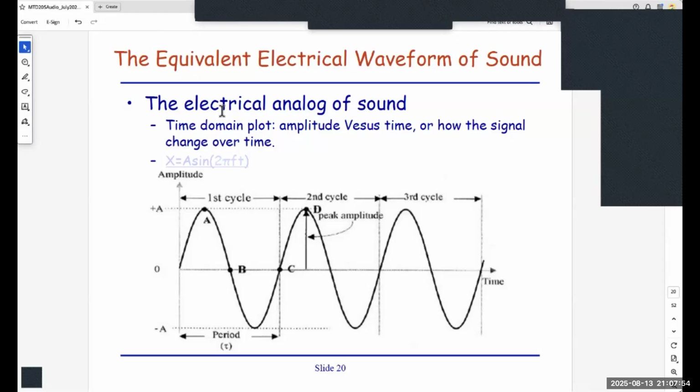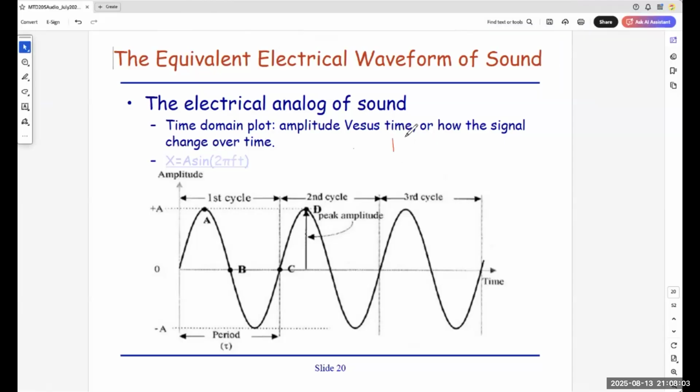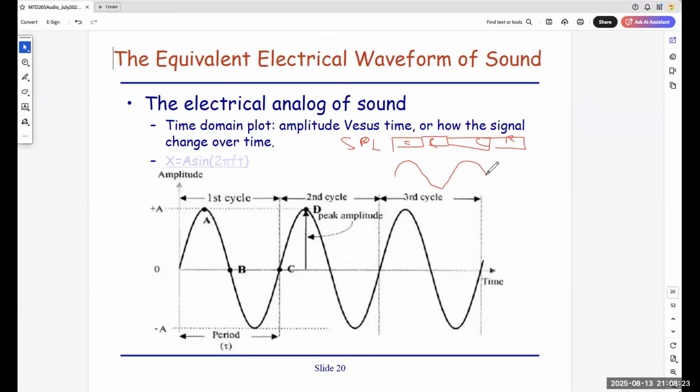In order to manipulate it, we need to understand how the sound pressure level is converted to electrical. Just now we mentioned that sound pressure level comes through a series of compressions and rarefactions. The sound pressure level can easily be transformed from high to low in the electrical representation. This is the sound level.